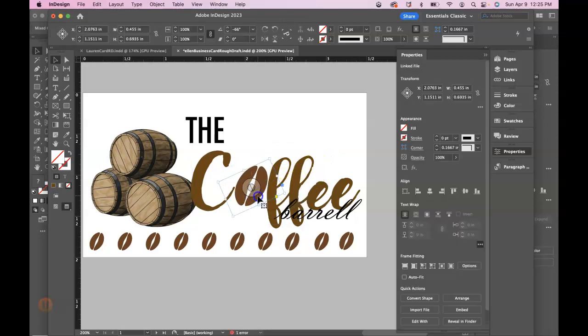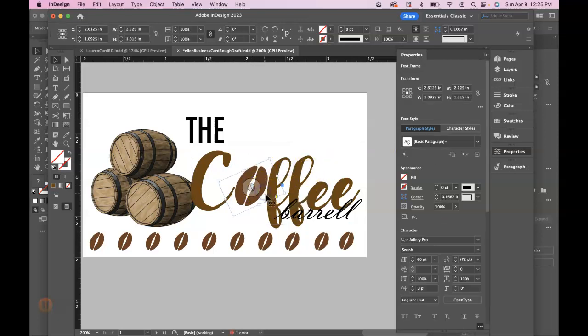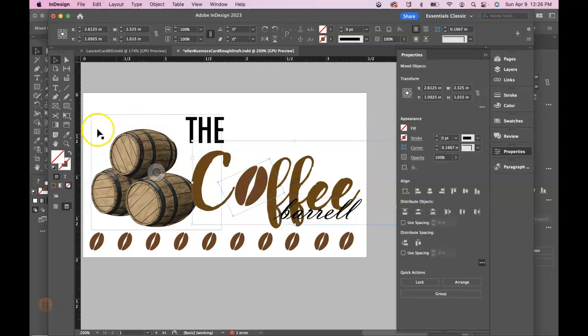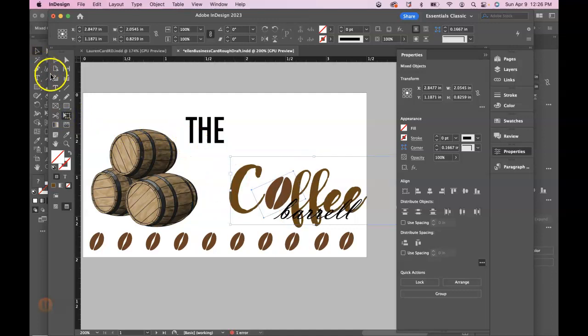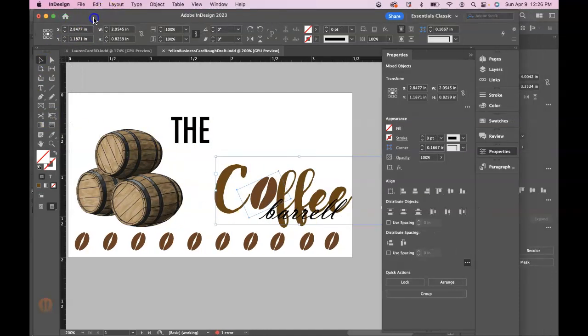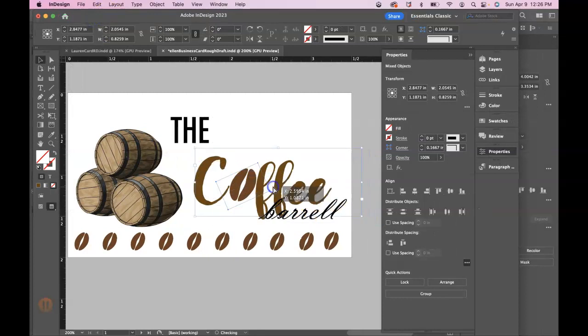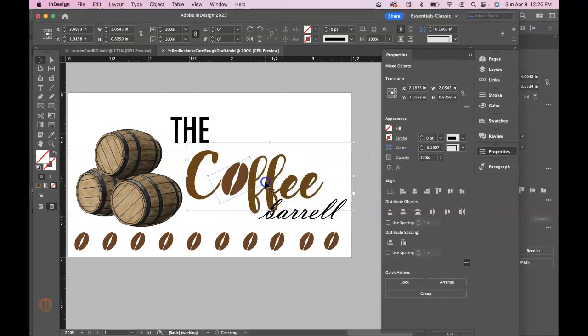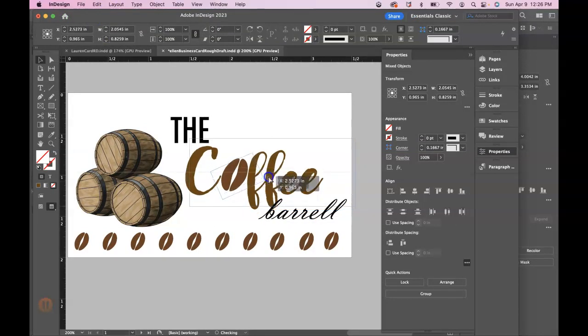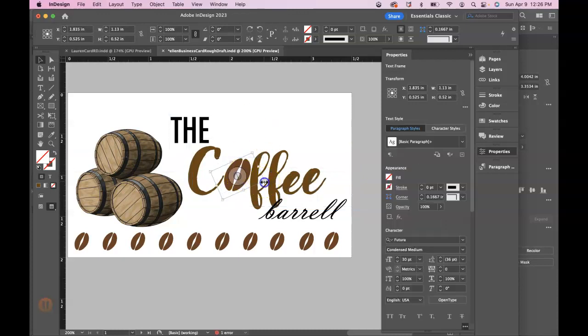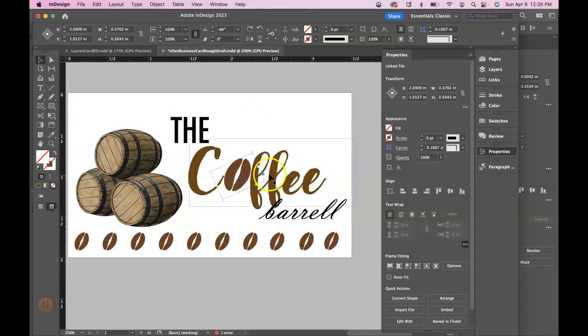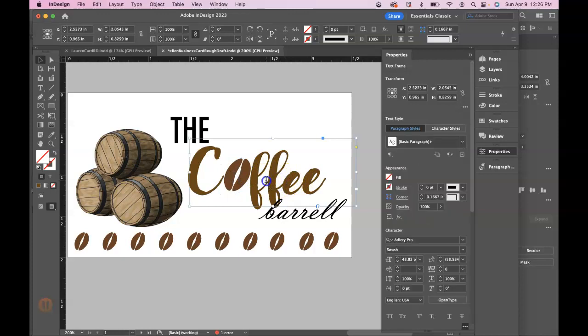And maybe that might be a little too close even. But then we could grab this and I could just size it down to get it to fit a little bit better. I just think the font pair could use a little bit of work, maybe just a little too similar. These almost look like two different colors of brown, but we could